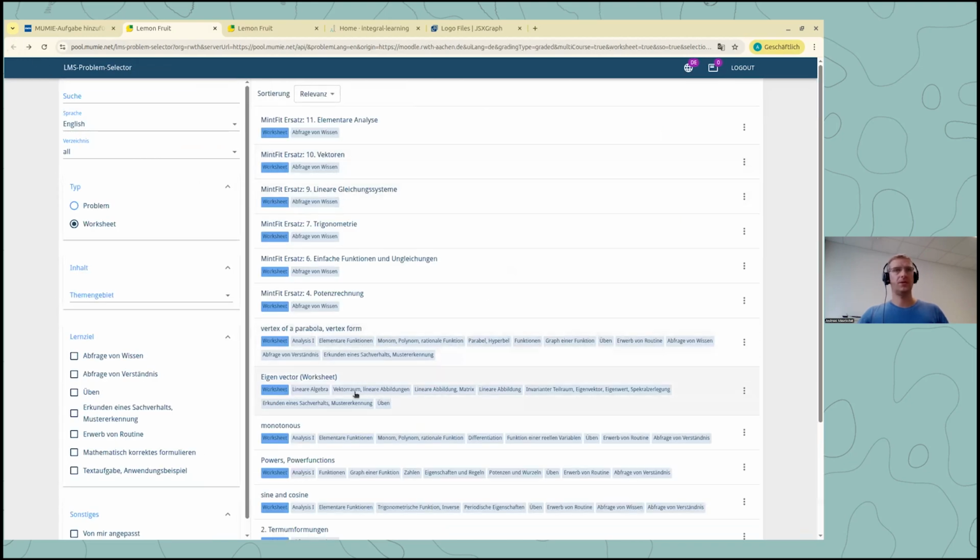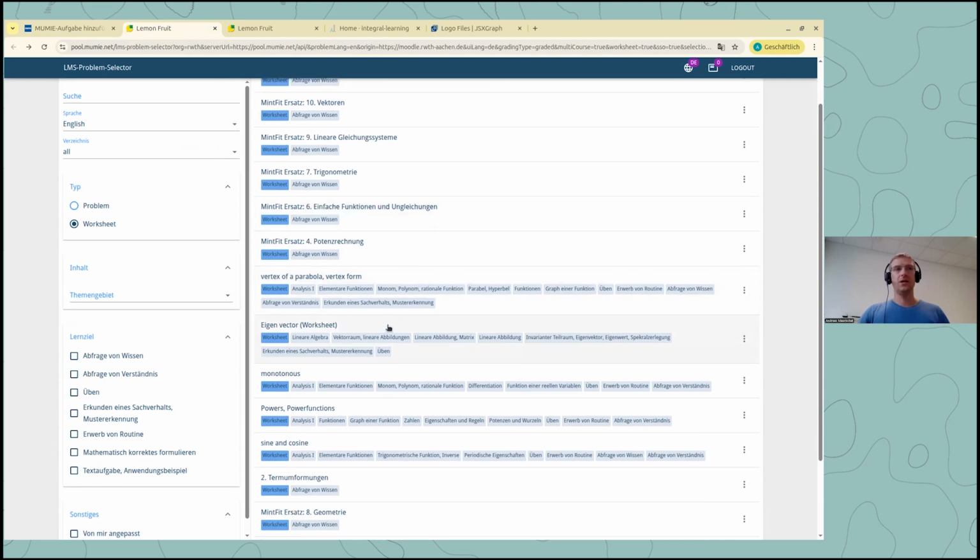This worksheet you can also, as I said, add to the LMS export and so on. But the other thing about the worksheets is that you can also collect several exercises into one task. So if you have several things that you want to ask the students in one Mumie task, then